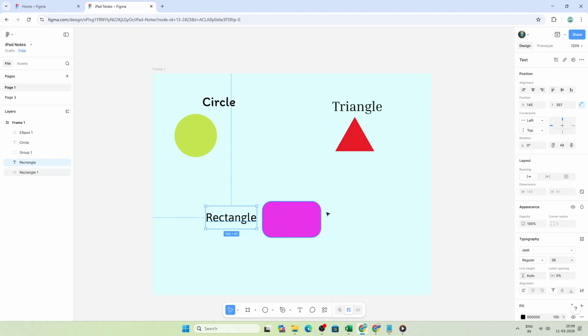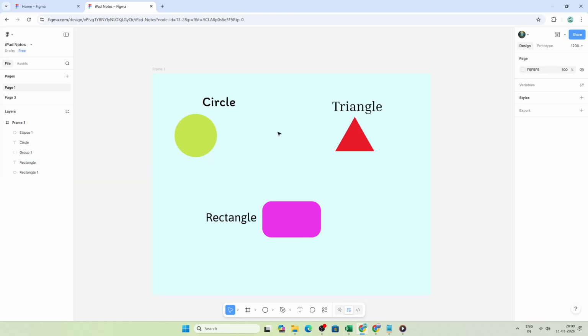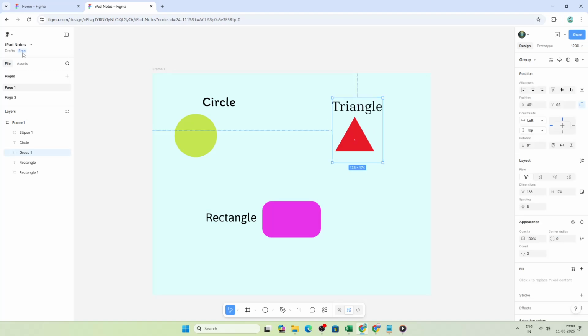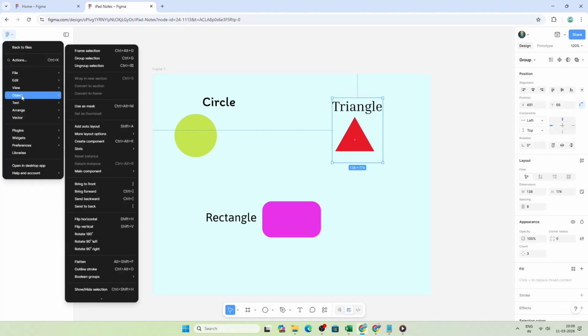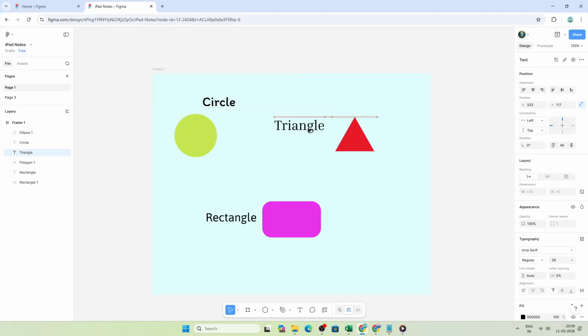You can also access the command from the menu bar. Click the Figma menu at the top left. Navigate to Object and choose Ungroup Selection. This is a reliable option if you are still learning shortcuts or want to confirm you are applying the command